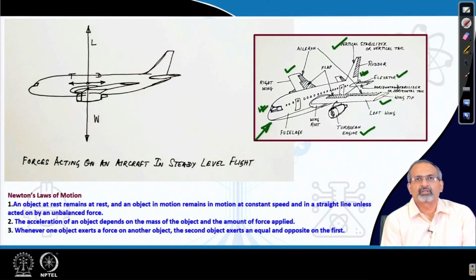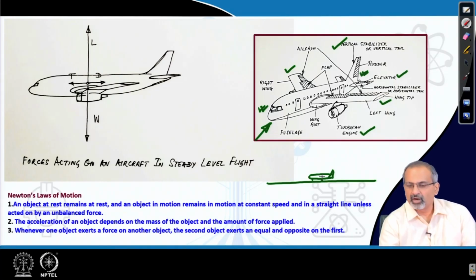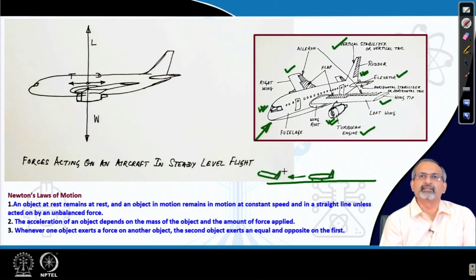So, these are the main elements of the aircraft structurally, and then you can imagine that when the aircraft is in the airport, it is on the ground. You need to run the engines to the desired settings, so that you can create a thrust force which will propel the aircraft forward. It will run down the runway and then gather enough momentum so that it can lift off and begin its flight. It climbs to a fairly large altitude. Typically, most of these passenger aircrafts may be flying at an altitude around 10 to 11 kilometers. And then when they are cruising,